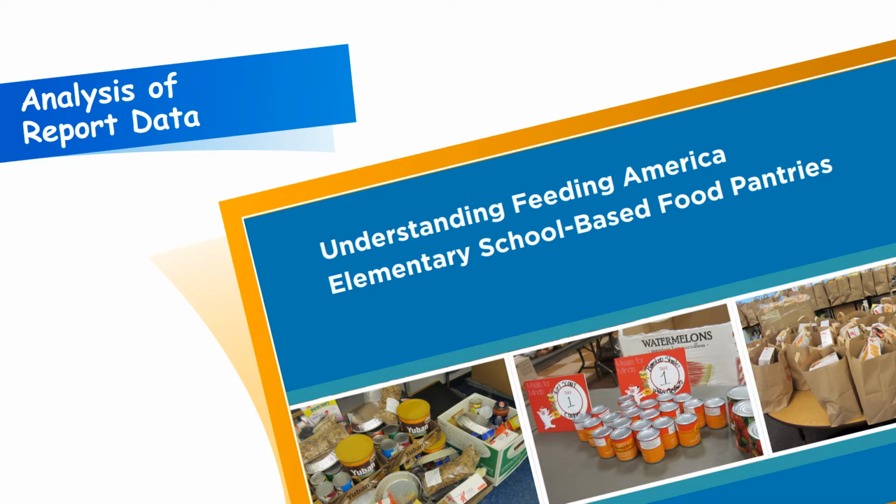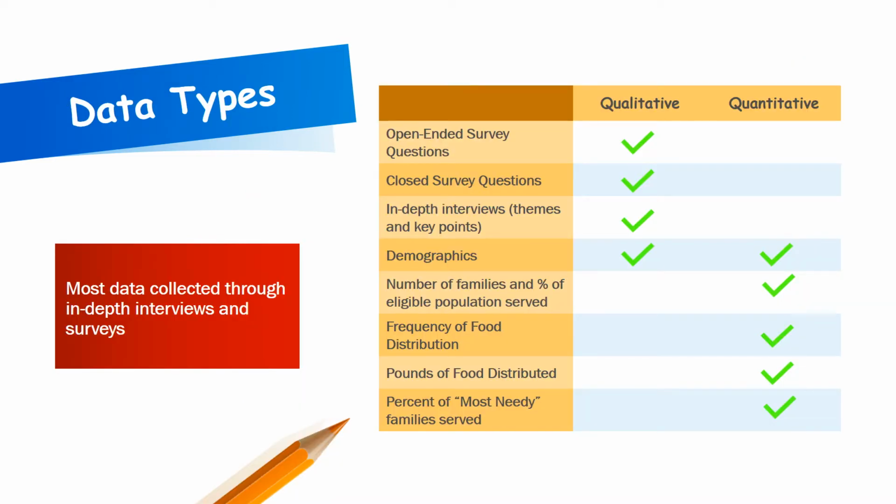Now let's discuss the specific types of data presented in the report. Data was collected primarily through in-depth interviews and surveys, with likely some review of records for data such as participation rates and participation demographics. Survey questions included both closed and open-ended questions. Closed questions were coded and then analyzed, and open-ended questions were reviewed for themes and key points, and then coded